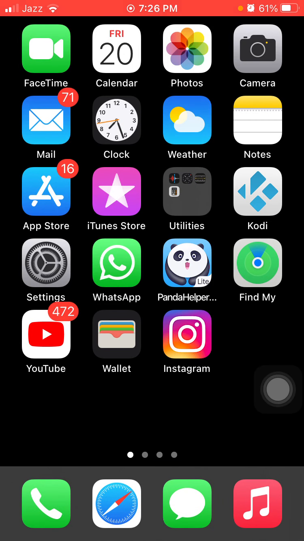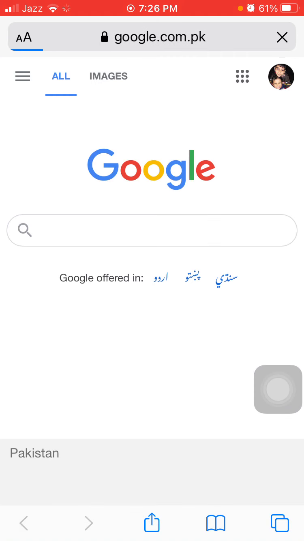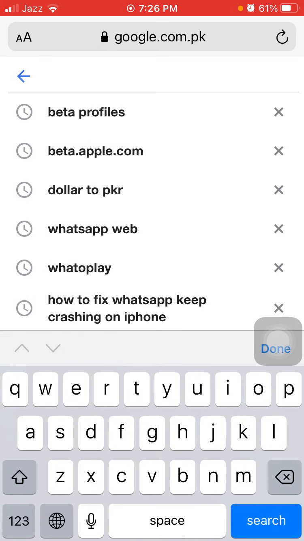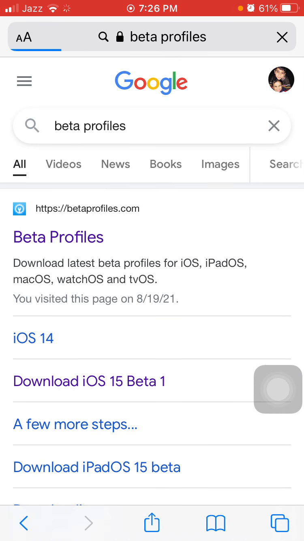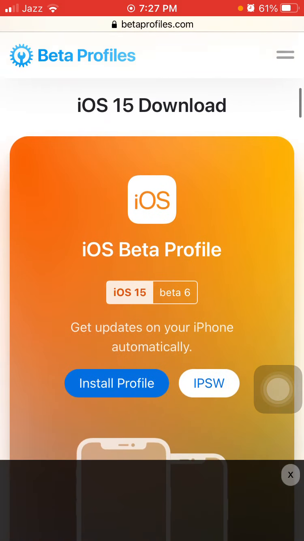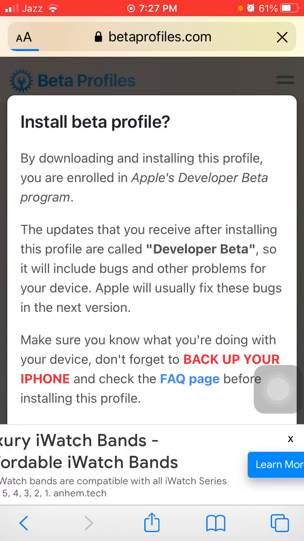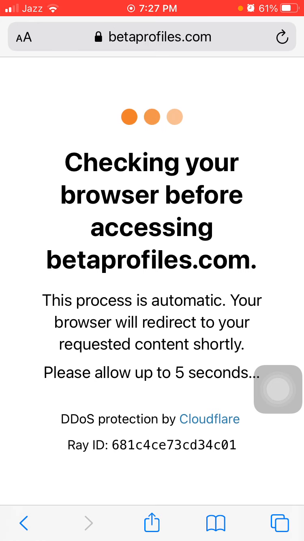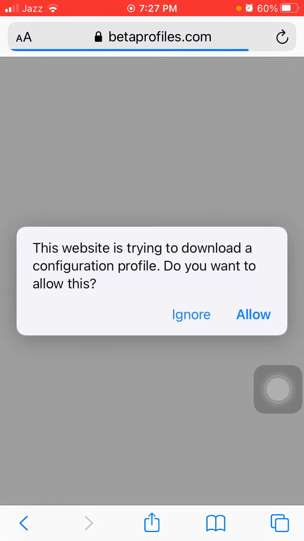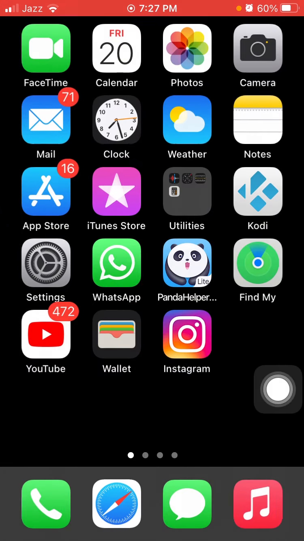After that, we have to launch Safari browser and search for beta profiles. Tap on first link, scroll, tap install profile, tap install anyways, tap on allow, close, go back to settings,